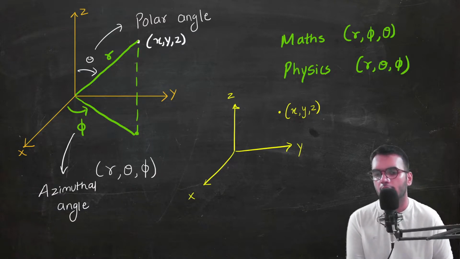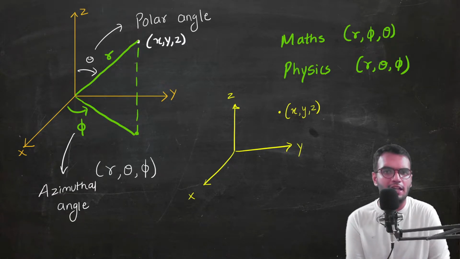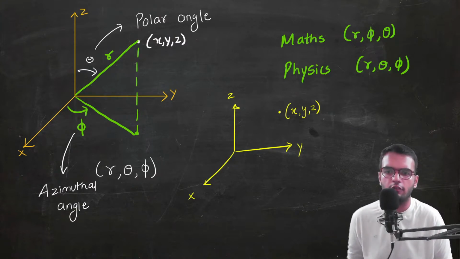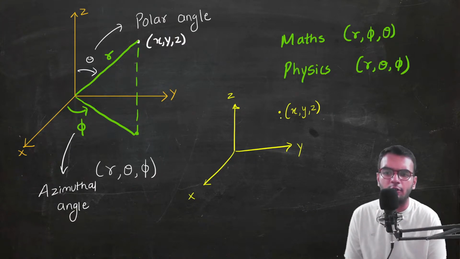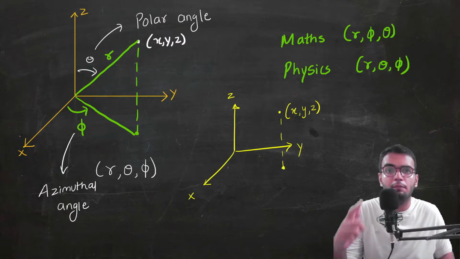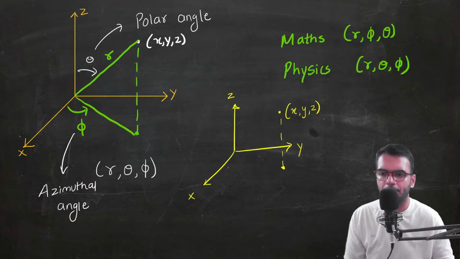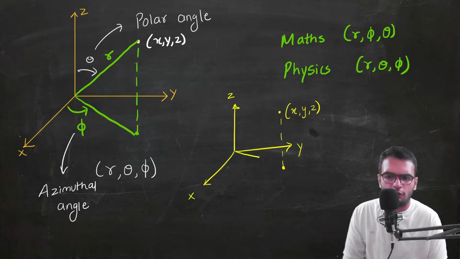We discussed in the last video that we cannot make assumptions or directly solve the three-dimensional system. So we drop a perpendicular on the xy plane. If I draw a perpendicular on the xy plane, then I will have a point. Now that point will be in two dimensions because it is in the xy plane. So this is my perpendicular.